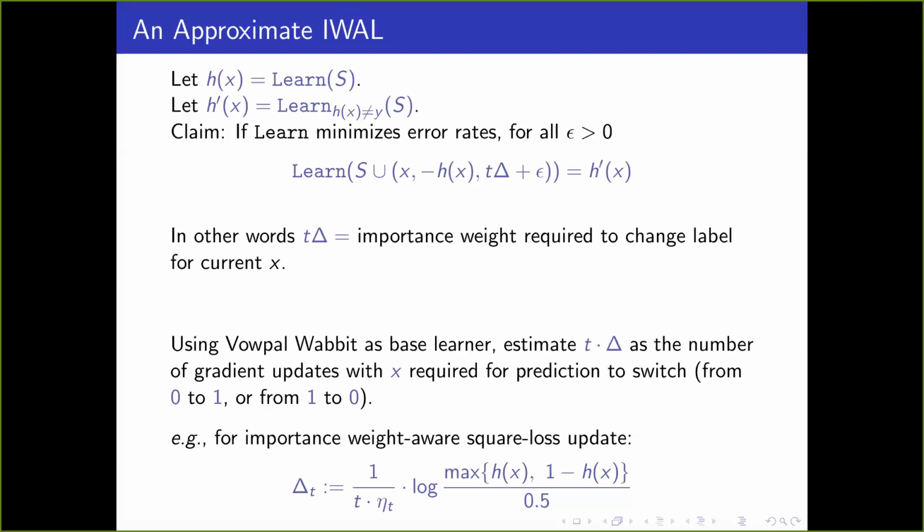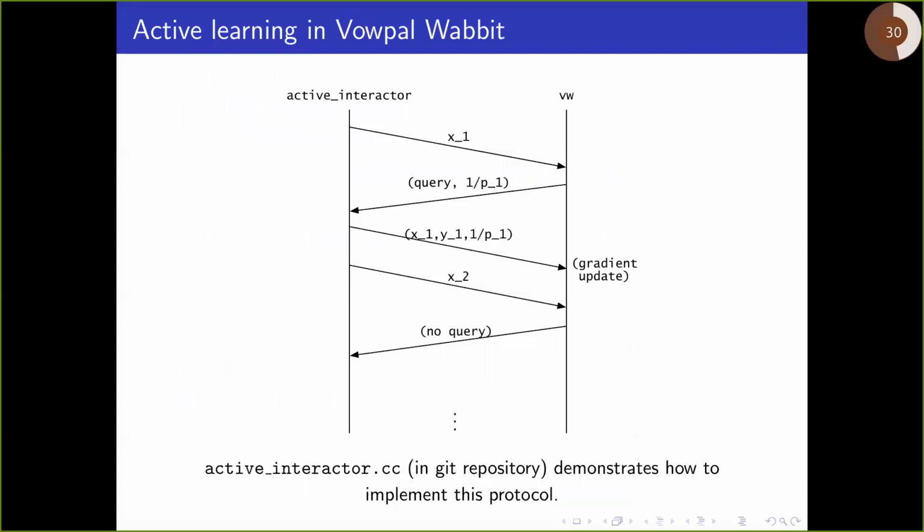Okay, so this is actually in VW. I didn't quite figure I'd have time for a demo, but there's a little helper function, an active interactor, you can interact with. You feed in an unlabeled example, it chooses to query or not. You choose to produce the label, and then maybe later on you send in another unlabeled example and it says no query, and it goes back and forth. You can also do an active simulation mode, which is what was used to generate those experimental results.